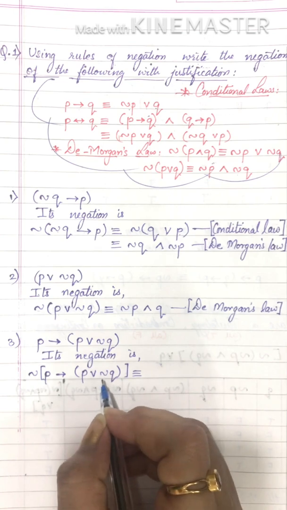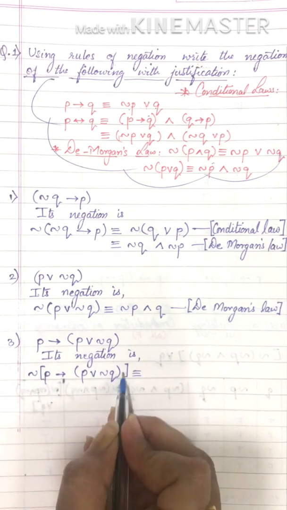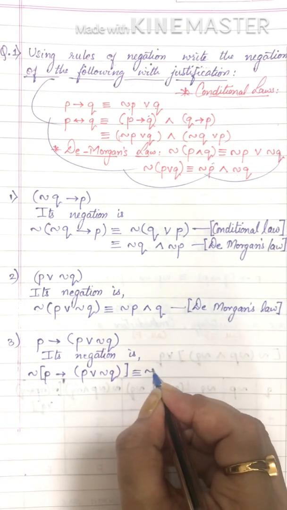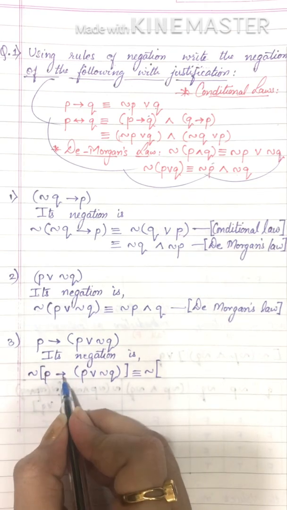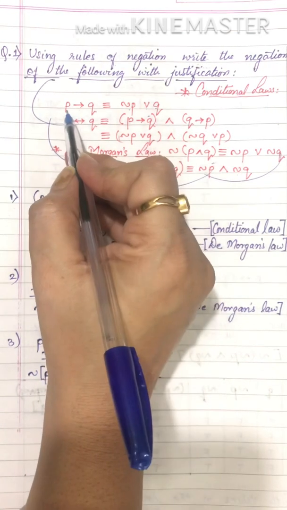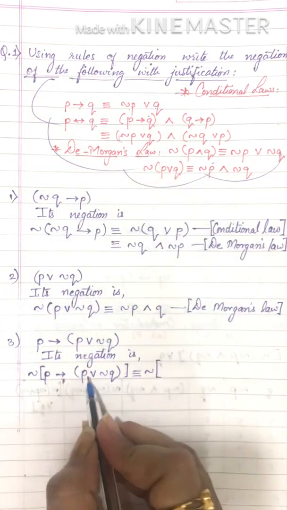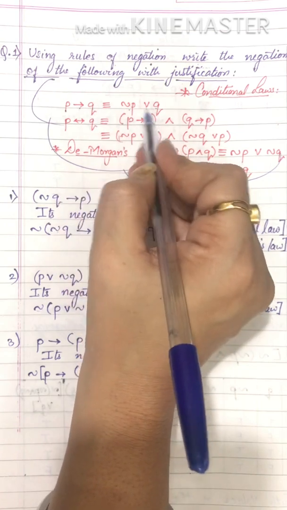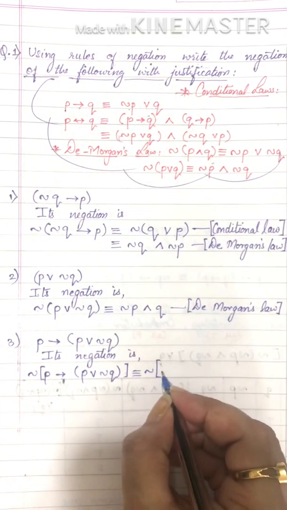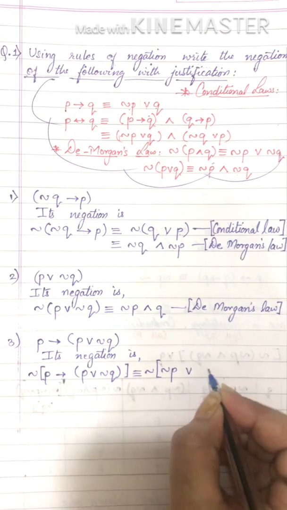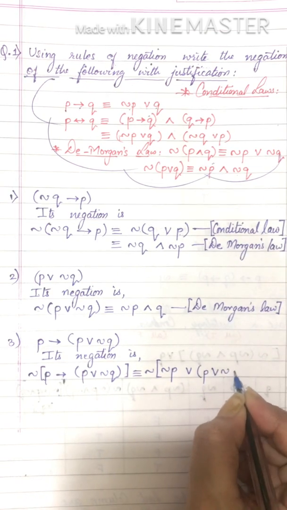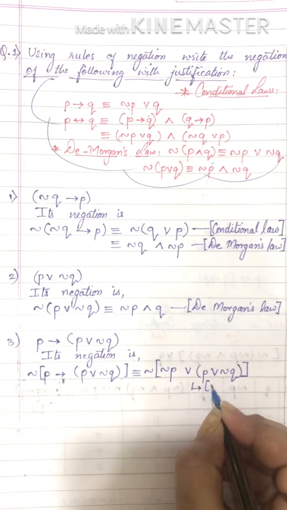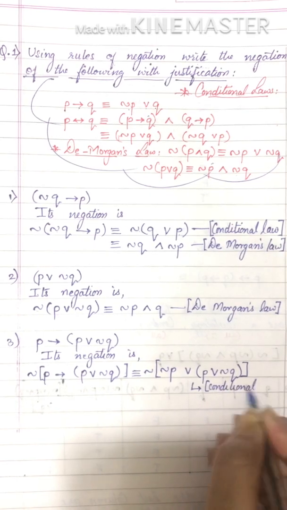First of all, we will solve what is inside the bracket using conditional law. So this outside negation sign I write as it is, and then inside, P implies this whole bracket. Now here is P implies Q. Now in place of Q we have this bracket. So what will we get? Negation of P or Q, and in place of Q we have the bracket. So we write it like this: negation of P or negation Q. This is the bracket value I have written as it is. State the reason: conditional law.